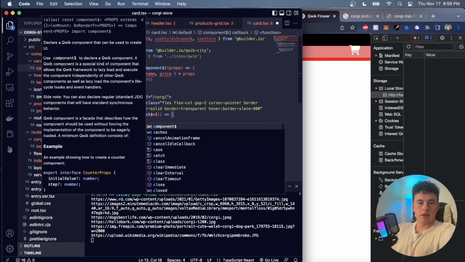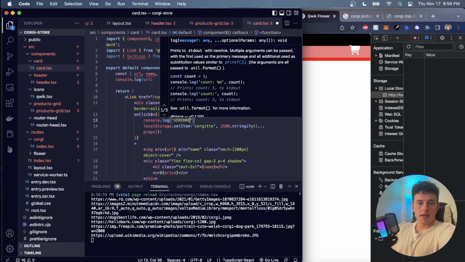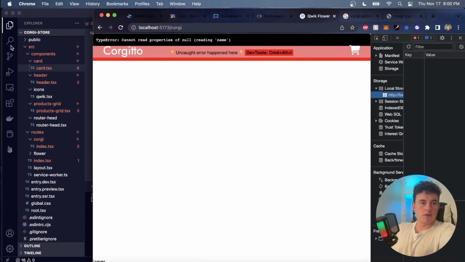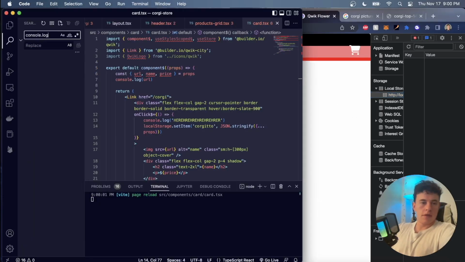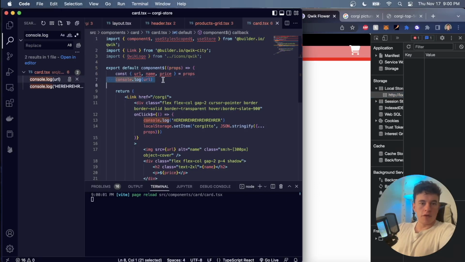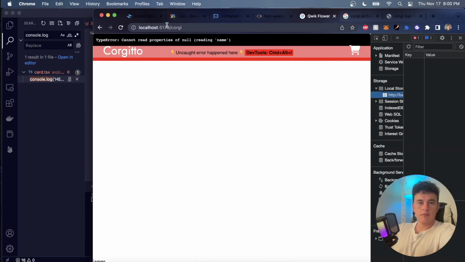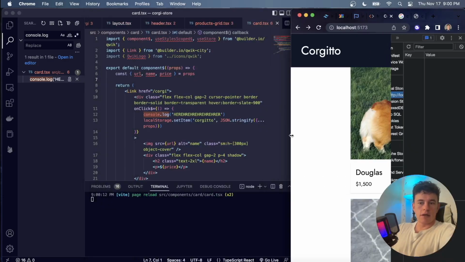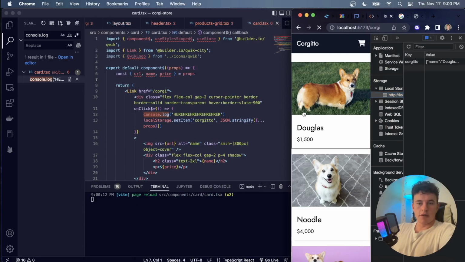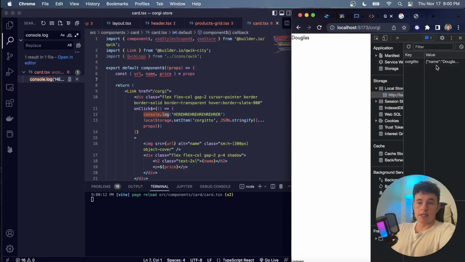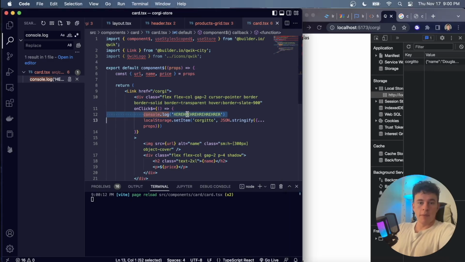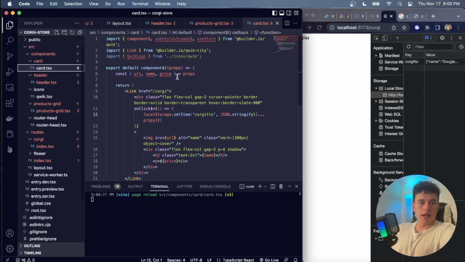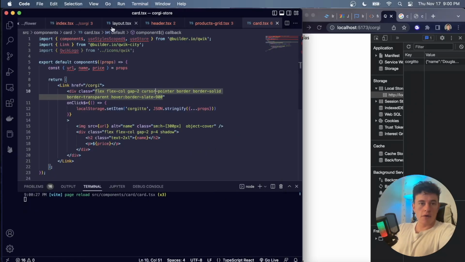So let's just see if we console.log here. And now the other thing I'm just going to do is remove the other console.log that we have. So we've got two of them. We can remove the URL. Let's go back to the main page. And if I bring that across, let's say we click on Douglas, and Douglas actually does get saved and everything works perfectly. So that is very convenient,